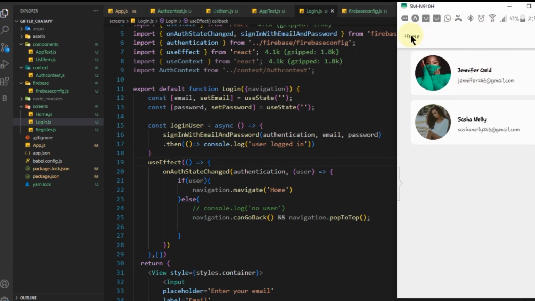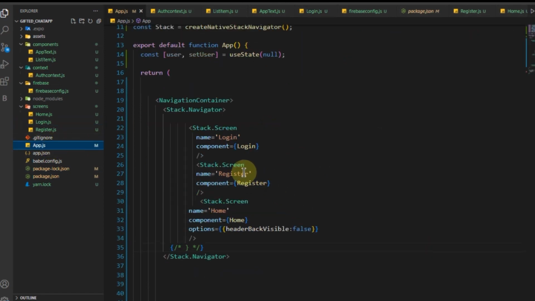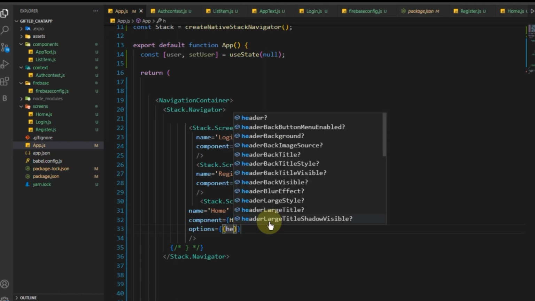So firstly, let's customize this. Let's remove this home and let's say active users. So we'll have to go to our app.js, and in our home screen, our options, let me just remove this. So firstly, we need options, which is going to be an object. So firstly, we need header